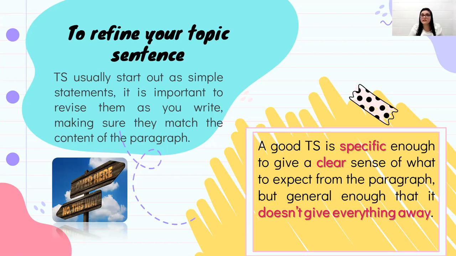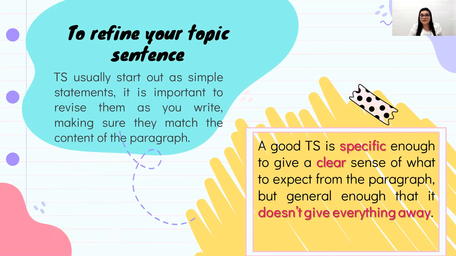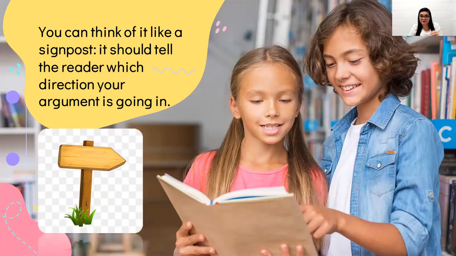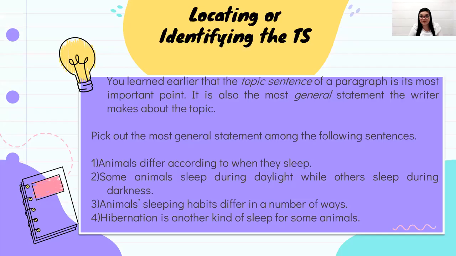And if you write compound sentences or complex sentences, be very careful about stating the idea that you really, really want to discuss and see in the details if you're really discussing that. It is always important to proofread and to revise before you submit your papers. So as I was telling you, think of it as a signpost that should tell the reader exactly the direction that he or she is going to follow through the explanation you give them. There's no need to be asking yourself at the end, oh, what was the idea about, if your topic sentence is clear and the discussion really develops what you said at the beginning.